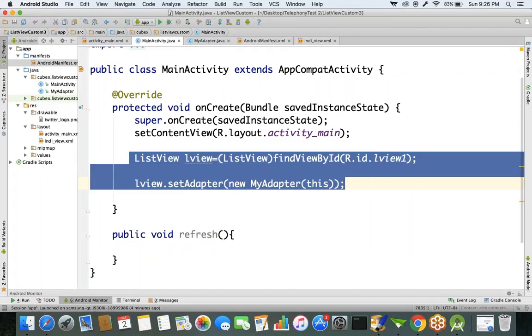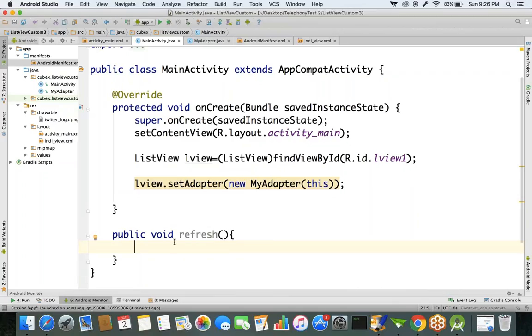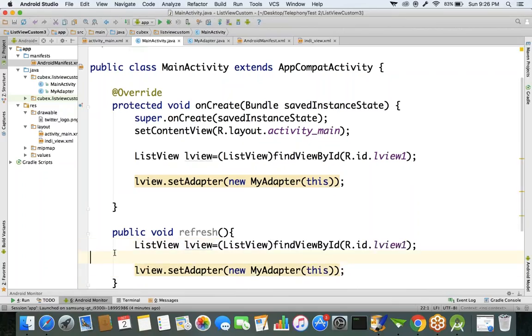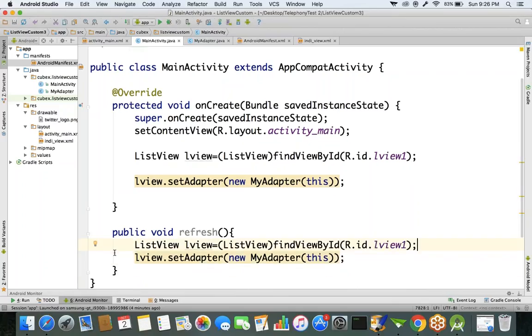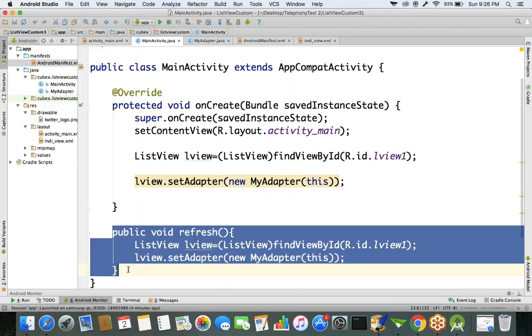listView = listView.setAdapter. This method is there, right? Call this method once again. This sets the adapter to the list view component. This logic I moved into a separate method called refresh. So now, whenever the user selects the delete button,